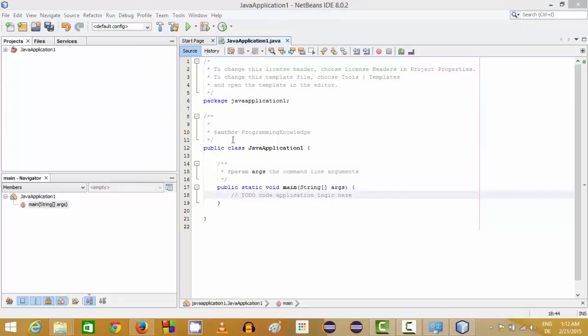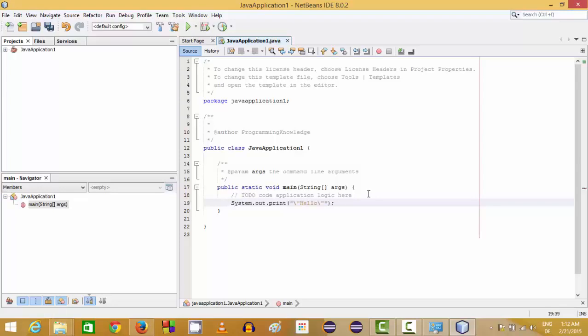Now in here you can edit this program. This is a default program created by NetBeans, and let's print hello world using this program. So you just need to write System.out.print and let's print hello world. Okay, now just click this save so that the program is saved, and you can run this program, but before running